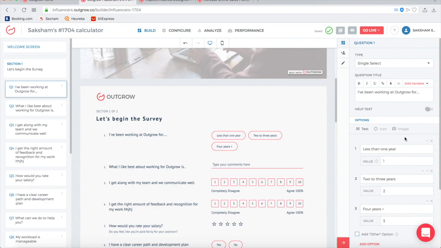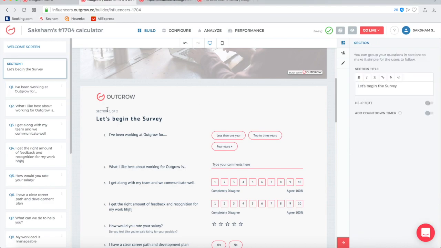So this is the first section, and it says let's begin the survey. But you can even change this text and make it more conversational if you like. You can be like, hey there, I hope you're having a nice day. Anything you want to say to make it more conversational and make people feel more engaged to answer this survey,